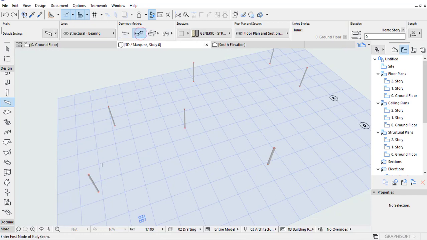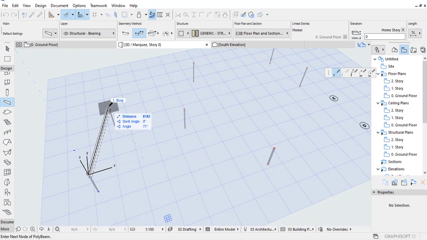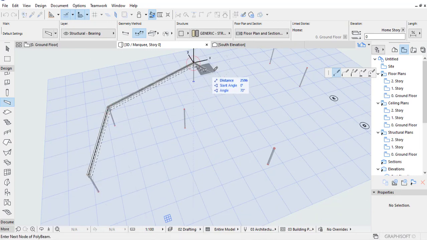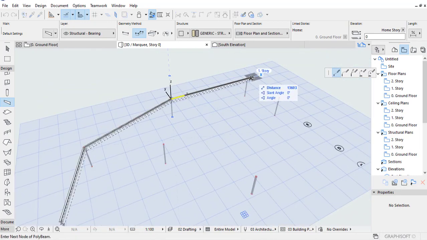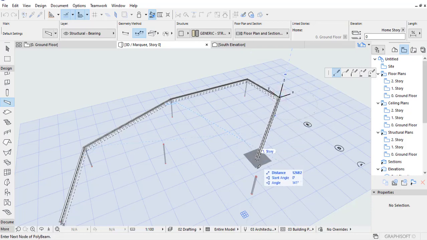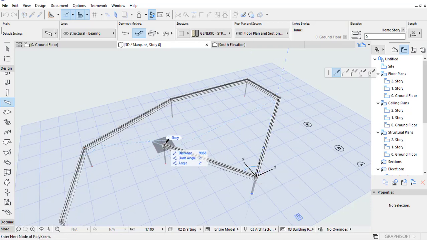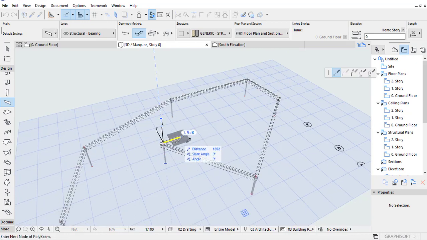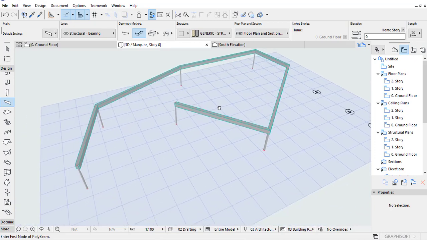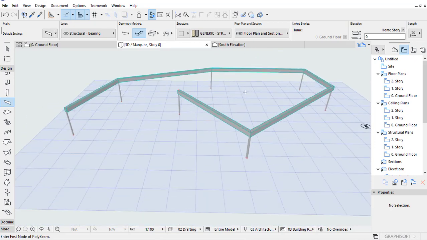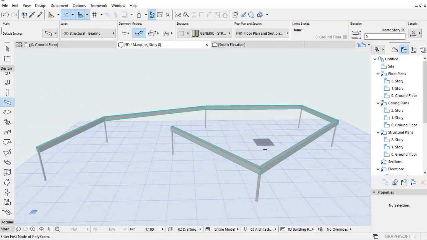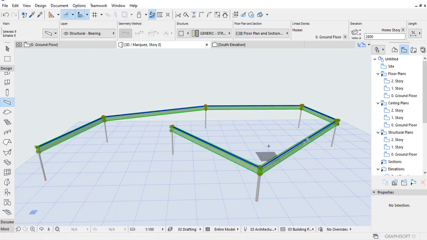I'm supposed to take the chain method and you can actually draw it easily. Double click at the last point so that you can end the tool here. If you want to change its dimensions, you can select the entire beam. You want to change its